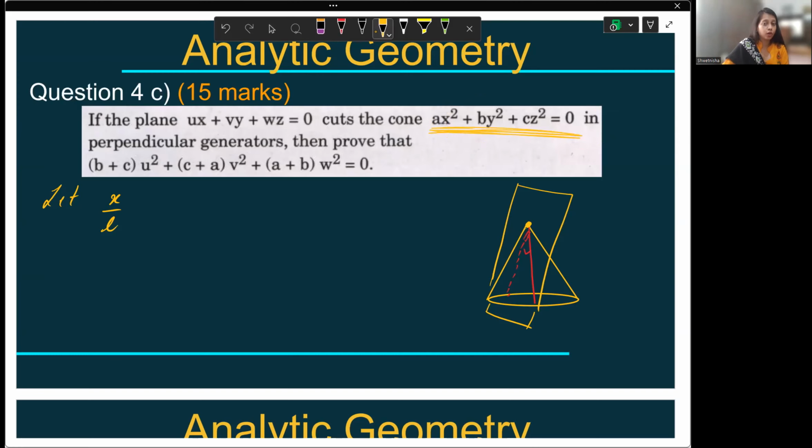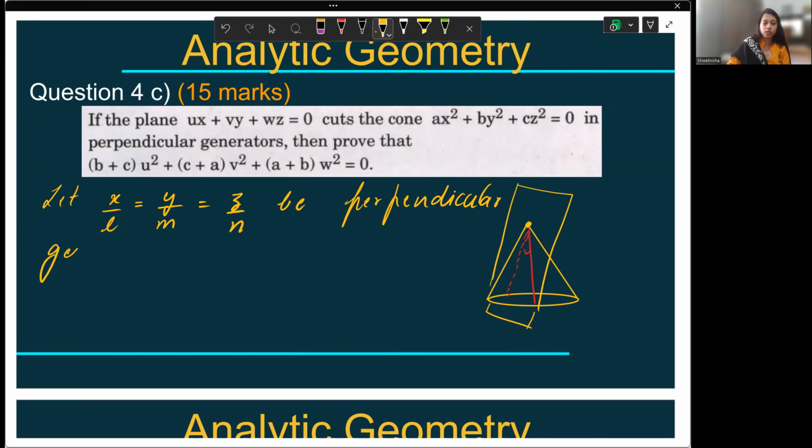So the point lying on the line is 0, 0, 0. l, m, n I have taken as the direction ratios. So x by l equals y by m equals z by n, let's say be one of the perpendicular generators